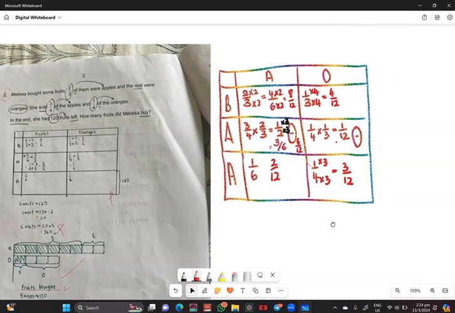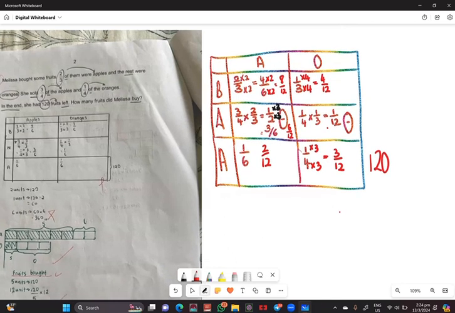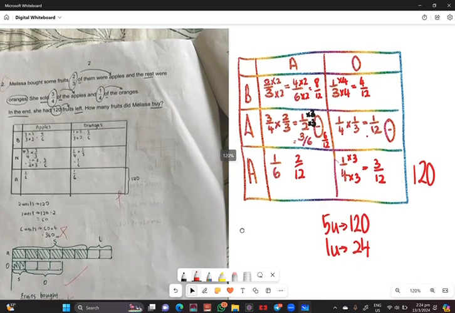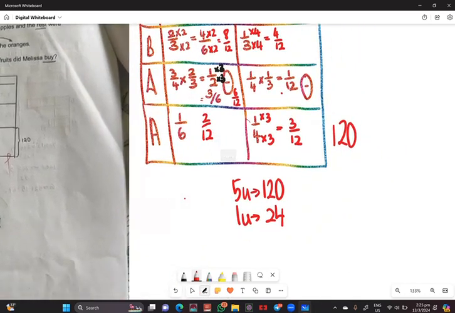In the end, she had 120 fruits left. So I put 120 fruits over here. So from here, we know that 5 units is equal to 120. 1 unit is actually equal to 120 divided by 5. That is 24. Okay, of course, we want to read the question. How many fruits did Melissa buy? We know it's 12 units. So therefore, we just have to do 24 times 12. We get an answer of